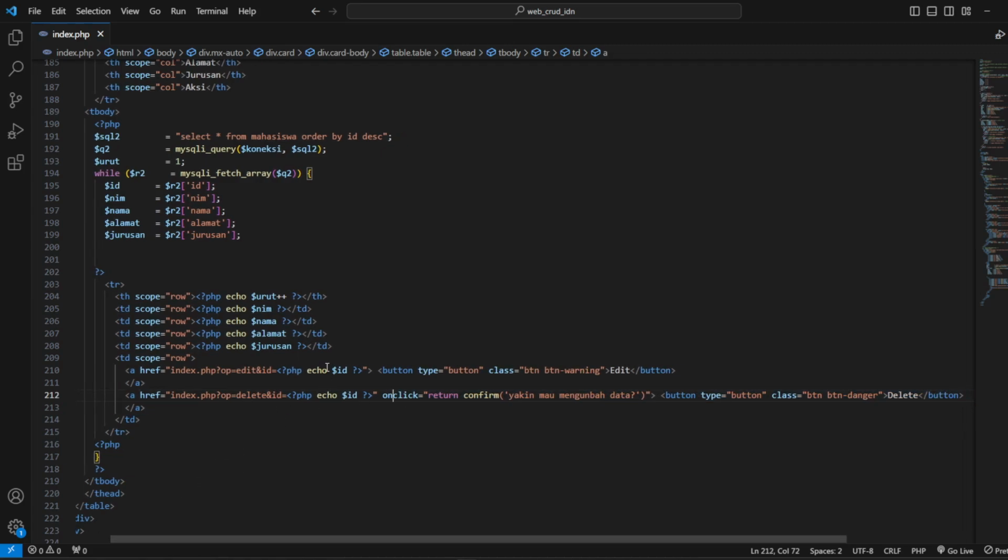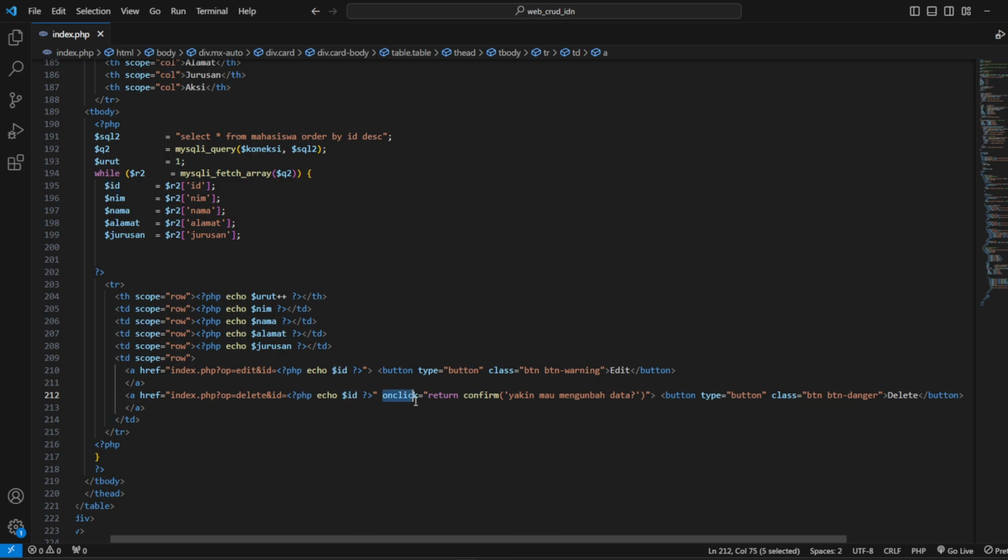It is the same as edit, but the difference is this is delete. The URL will be delete, and the id is the same as id, so the PHP will click by id, like that.